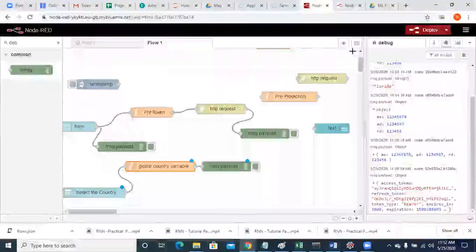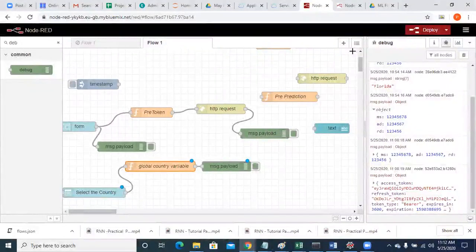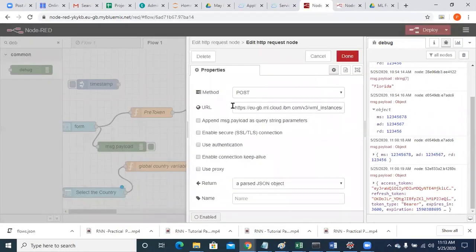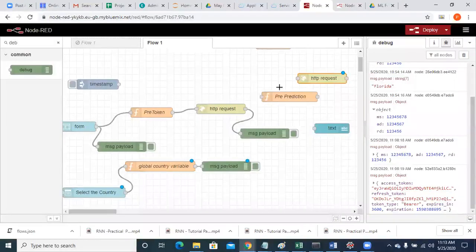So after we get the scoring endpoint, along with the values that we are retrieving from the UI and the access token, you have to send them to the scoring endpoint, which is shown over here. I'll tell you from where you have to copy the scoring endpoint. Before that, you should retrieve the values, right?